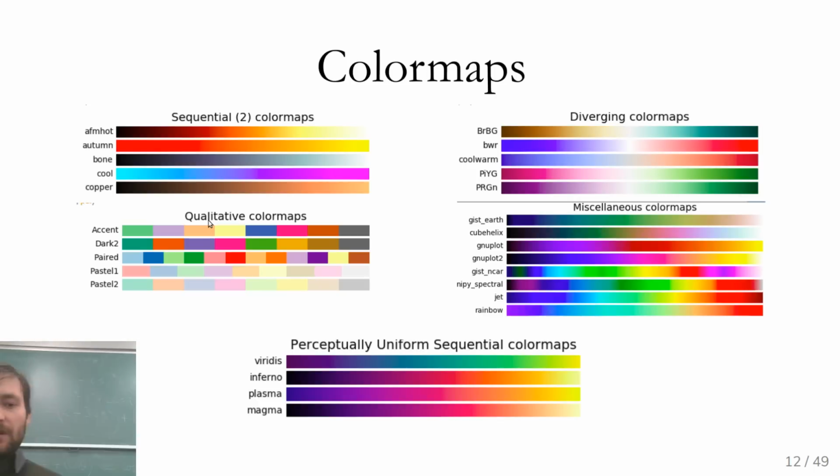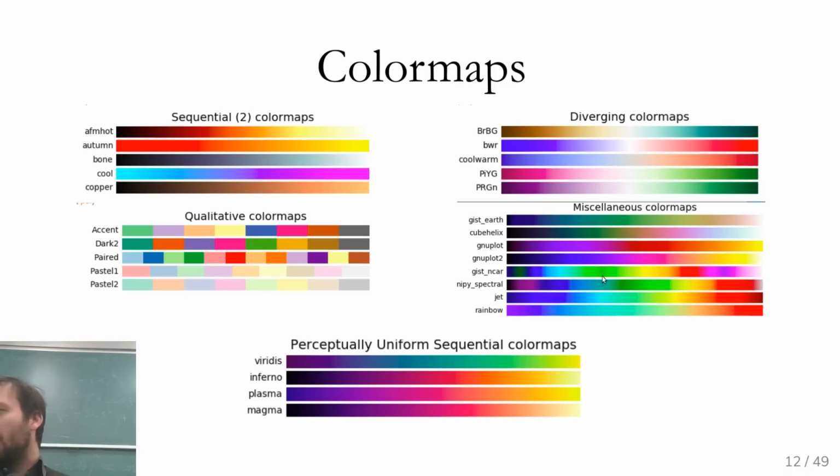And so depending on what you want to show, you really should use specific kinds of color maps. So here in the top left, there are sequential color maps that basically go from light to dark and between 2 hues. Only the cool one actually doesn't go from light to dark, it goes from light to dark to light. There are diverging color maps, which basically have a set center and go in 2 different directions from there. And then there's